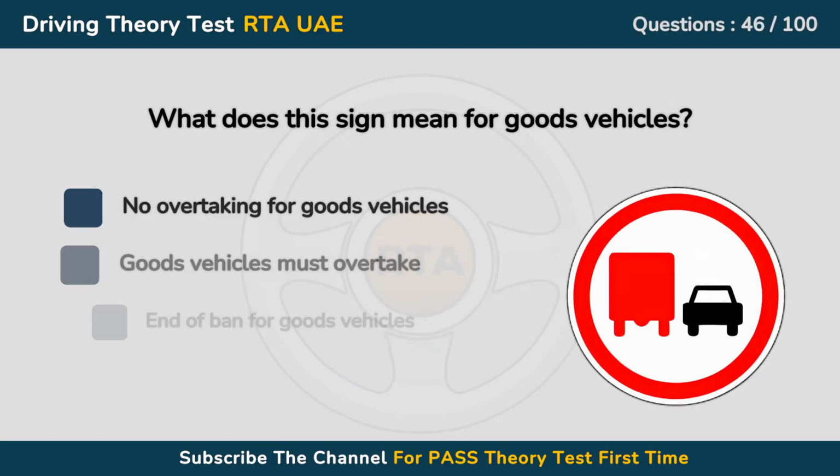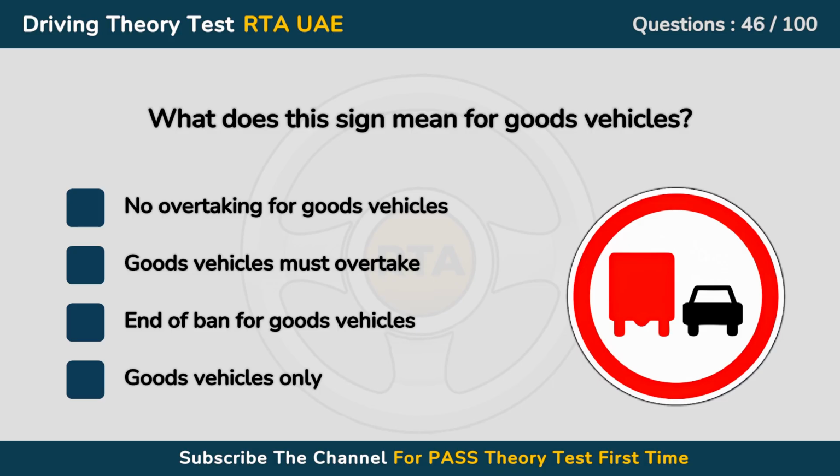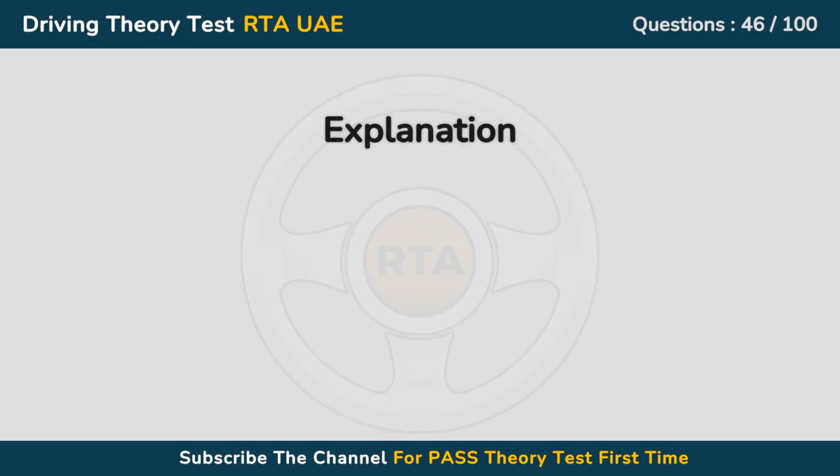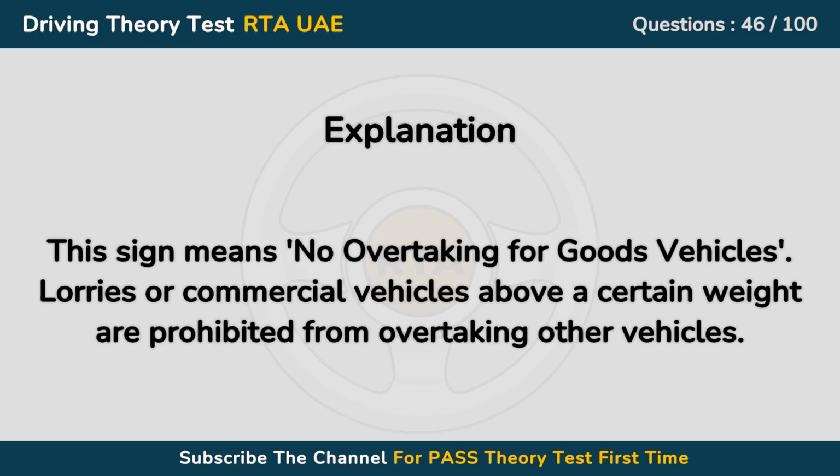Question 46. What does this sign mean for goods vehicles? A. No overtaking for goods vehicles. B. Goods vehicles must overtake. C. End of ban for goods vehicles. D. Goods vehicles only. Answers is A. No overtaking for goods vehicles. This sign means no overtaking for goods vehicles, or commercial vehicles above a certain weight are prohibited from overtaking other